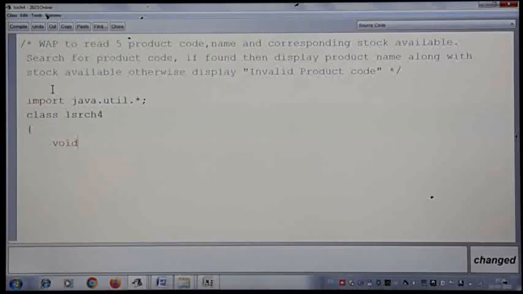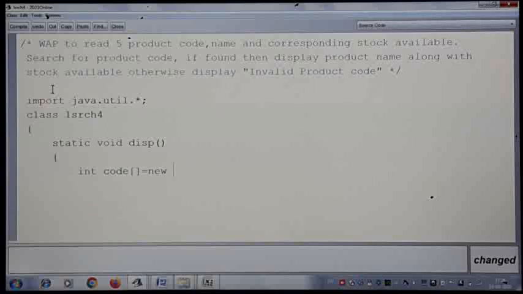So let me make the method static once again. As you all understood, there is no need to create an object, you can execute directly. Void, I keep the method name as display. I am not taking search as an argument. I am going to read the search element from the keyboard. So how many arrays do we take now? 3 arrays. One is code.